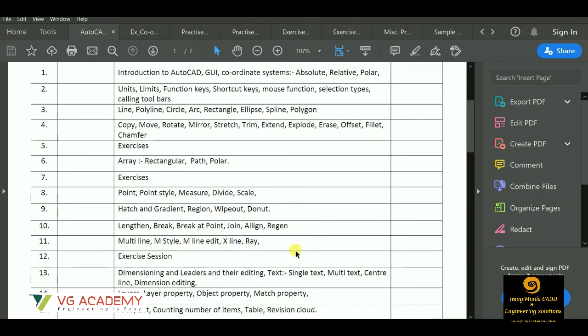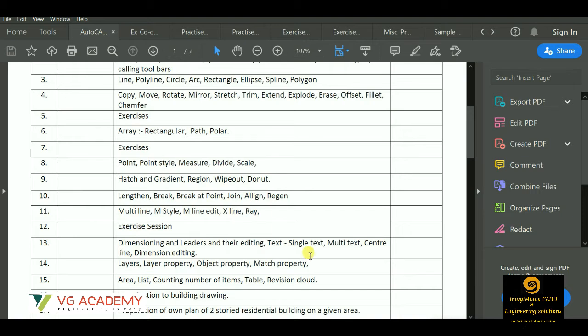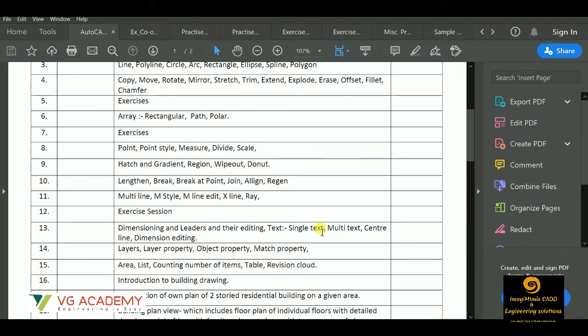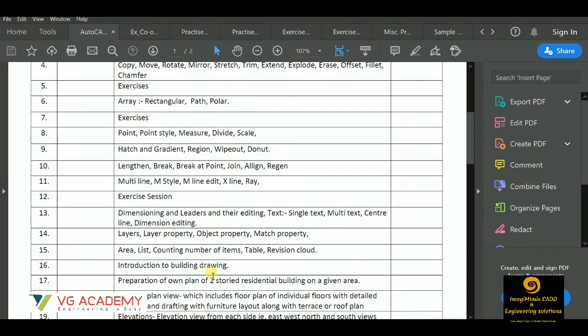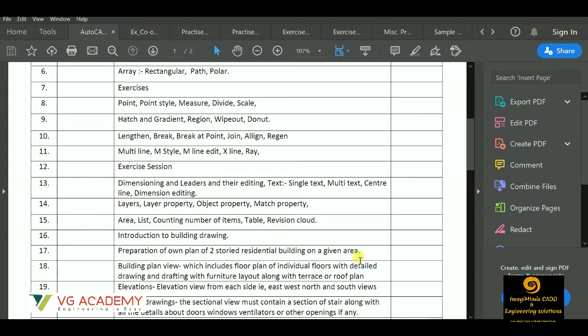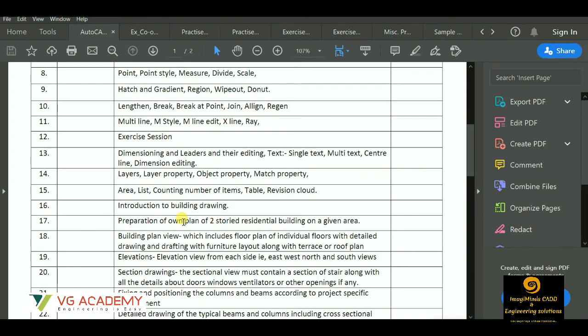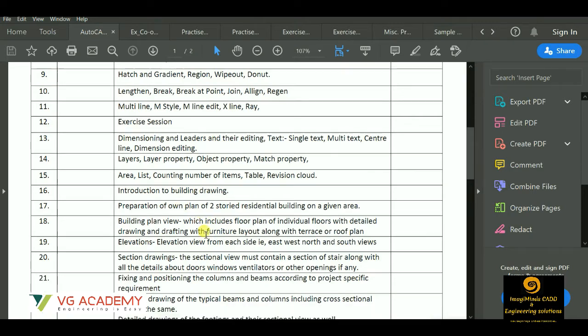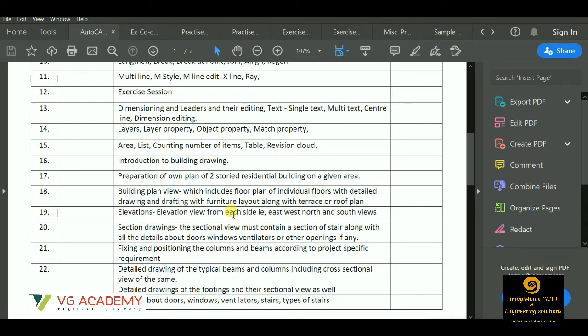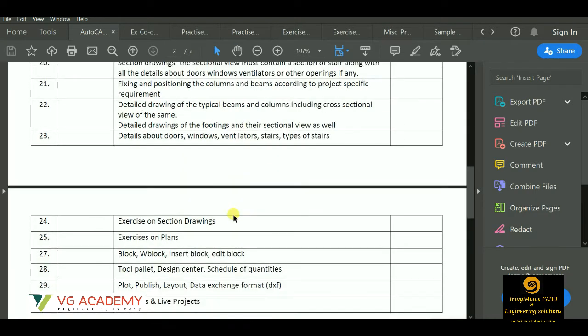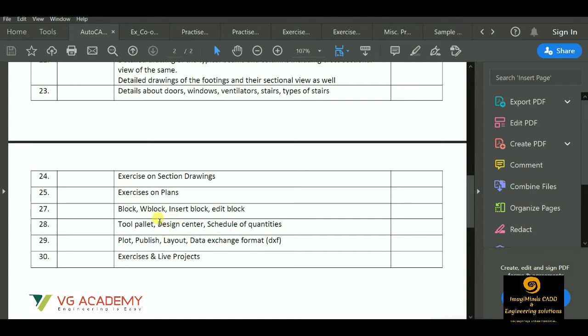After finishing with the basic commands, dimensions, layers, drafting, how to write text, we'll start with the preparation of our own plan. So we'll cover how to draw plans in a given area. We'll prepare the elevation, section, beam and column details, foundation and footing. Then we have some commands like block, W block, tool palette, design centers, wherein you can find some ready-made blocks available, and then we'll finish with the